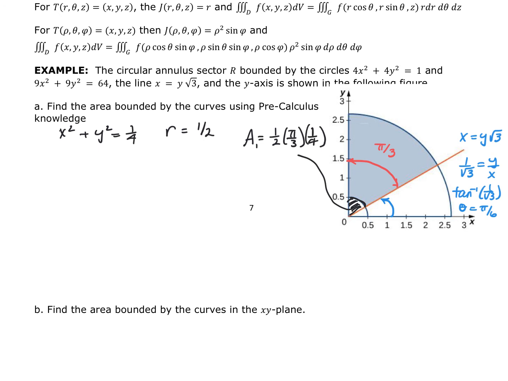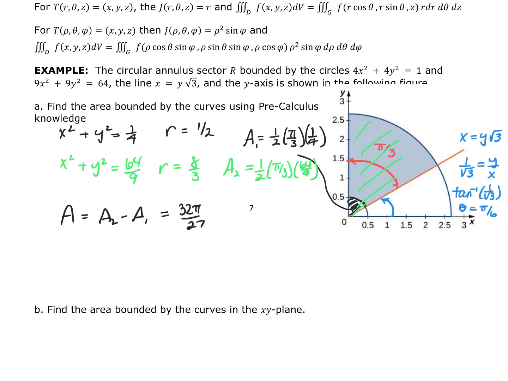Then I'm going to find the area of this entire region. So to do that, I'm going to have x squared plus y squared is equal to 64 over 9. That tells me my r is equal to 8 over 3. A sub 2 is going to be 1/2 my angle, which is pi thirds, and my radius squared, which is 64 over 9. The area of the blue shaded region is going to be area sub 2 minus area sub 1, which ends up becoming 32 pi over 27 minus pi over 24,